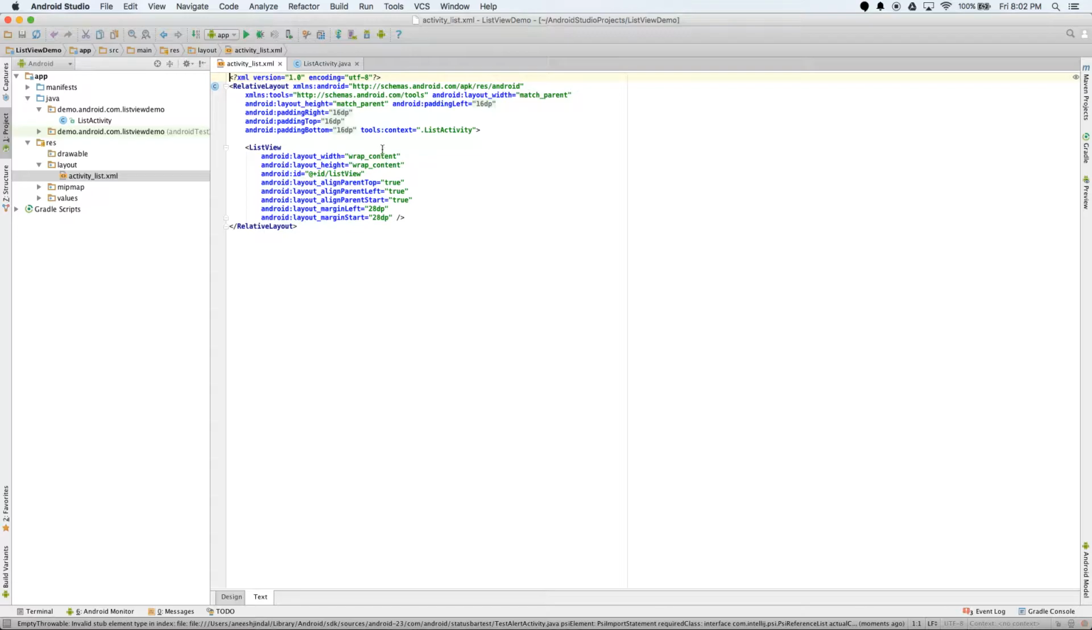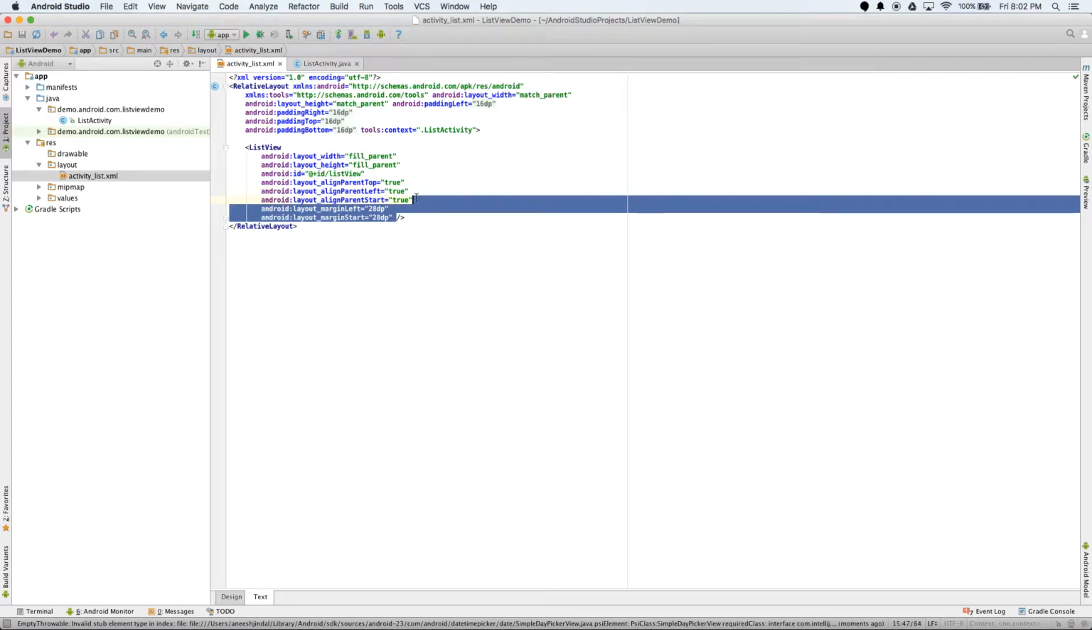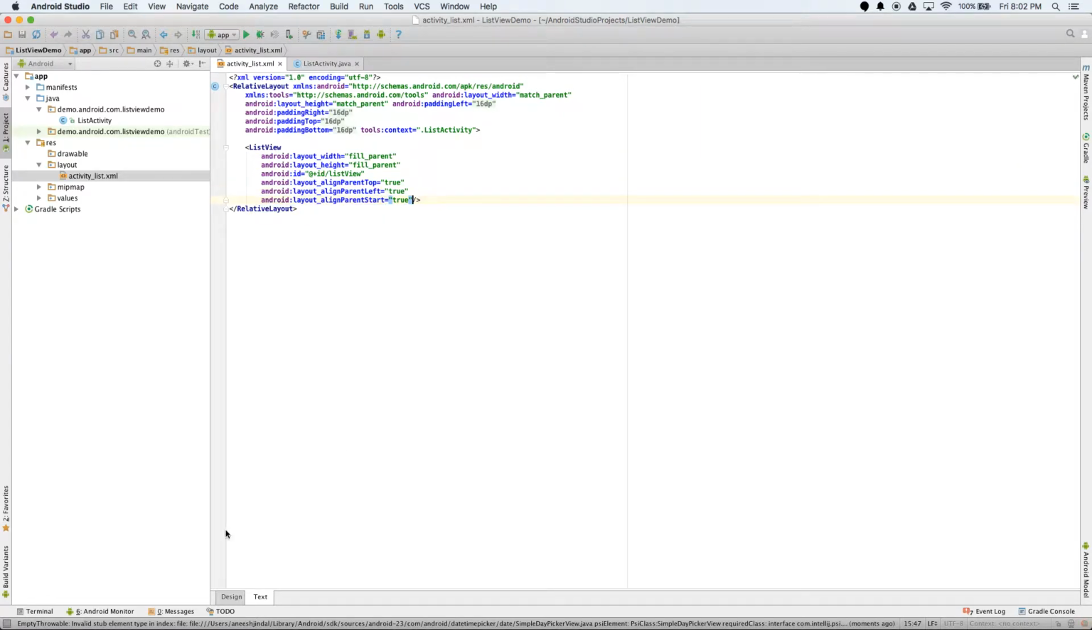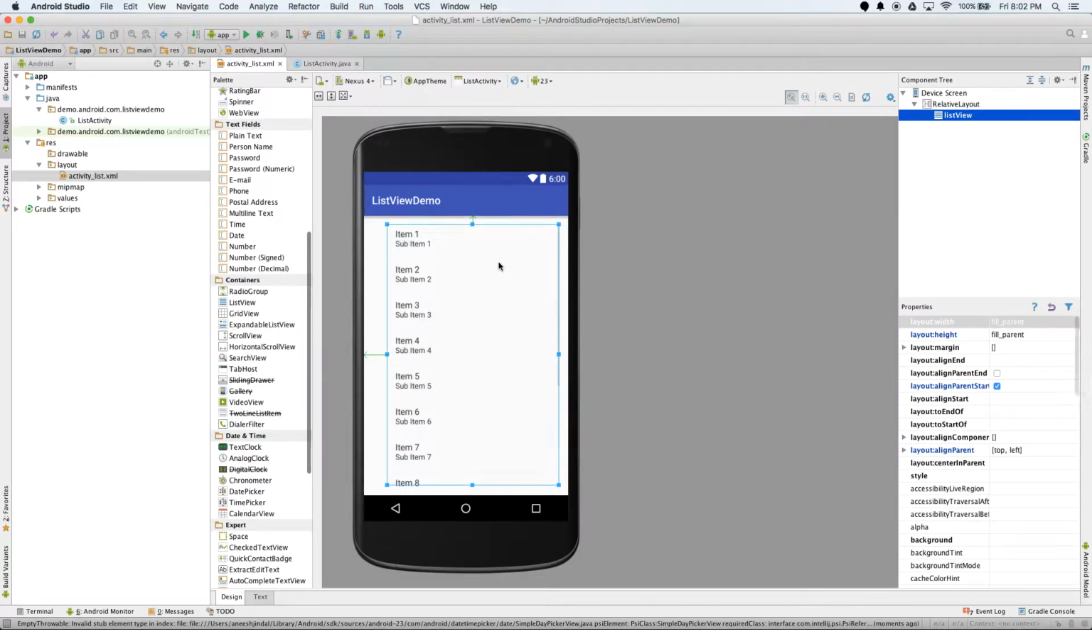We'll go down to text. We'll say fill layout with fill parent. Now we have, there we go, it takes up the screen. Okay, so now that we've done that,